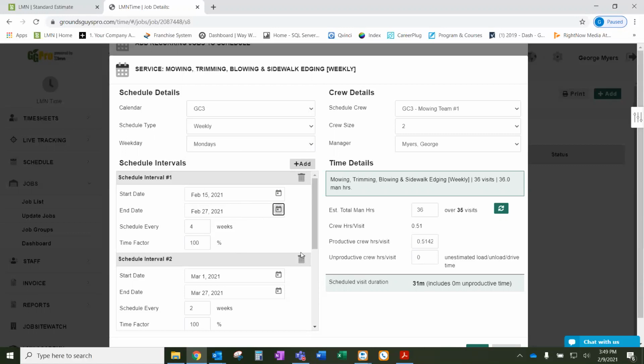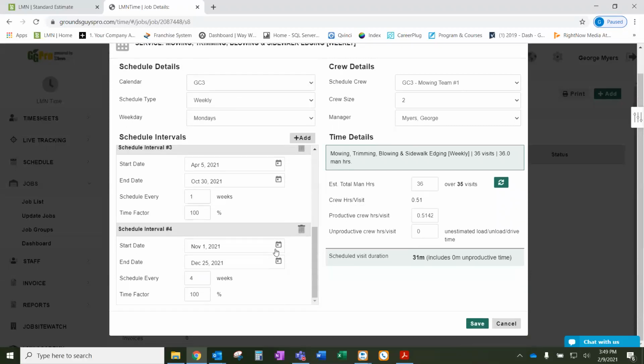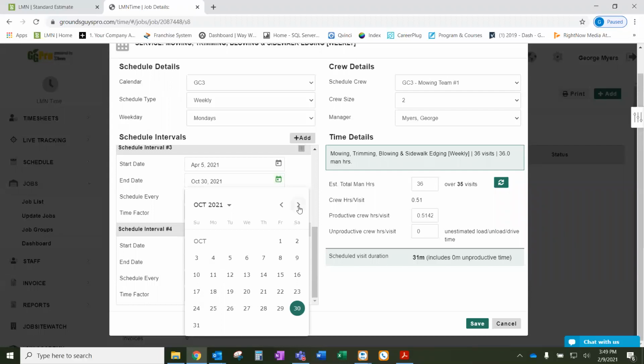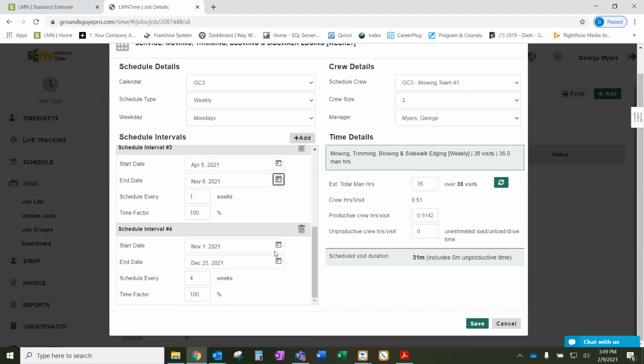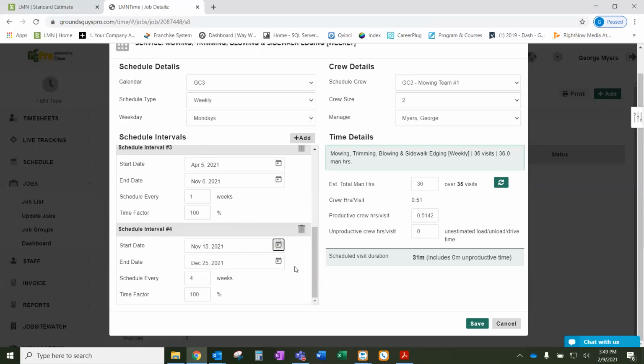Now, for this, I'm going to go ahead and go back to here in November. And for the schedule templates here, the end date for weekly service, every 1 week, I'm going to push this out 1 more week through the first week of November, the 6th. And then on the bottom here, I'm going to go ahead and start my monthly service on the 15th. And then from there, I see that